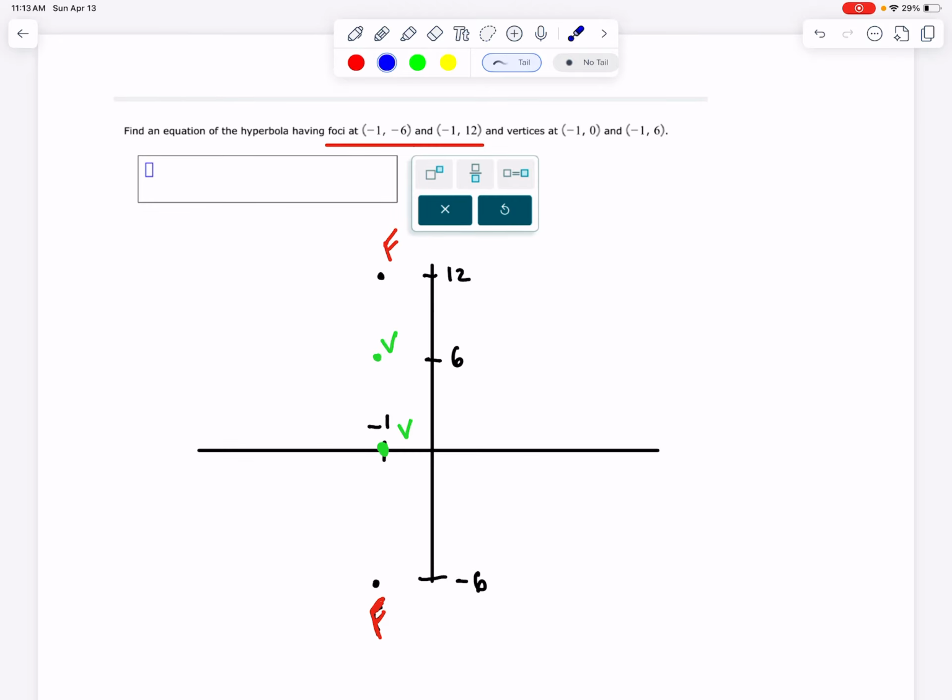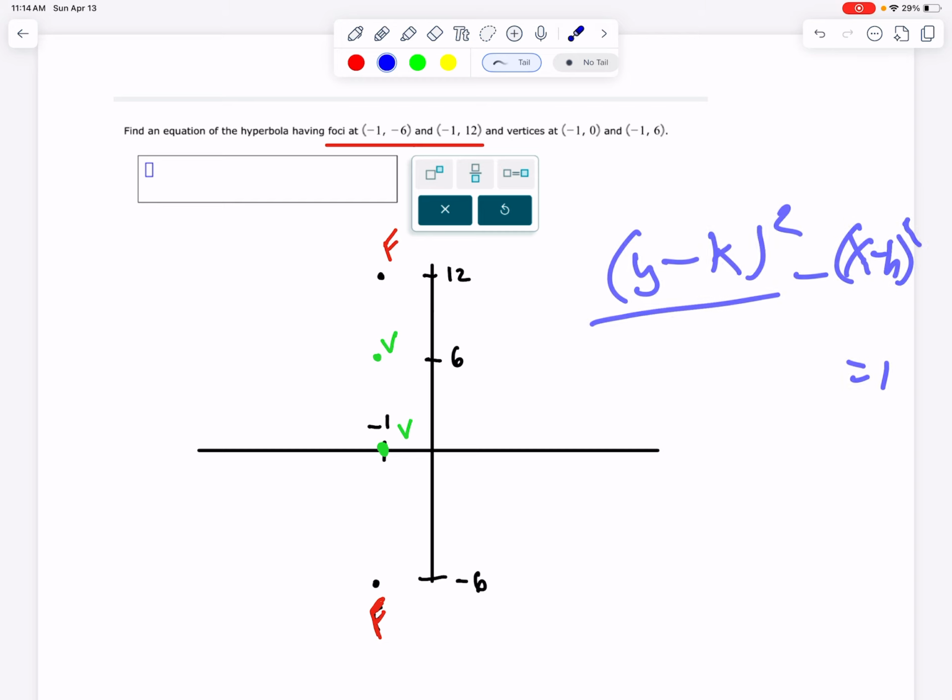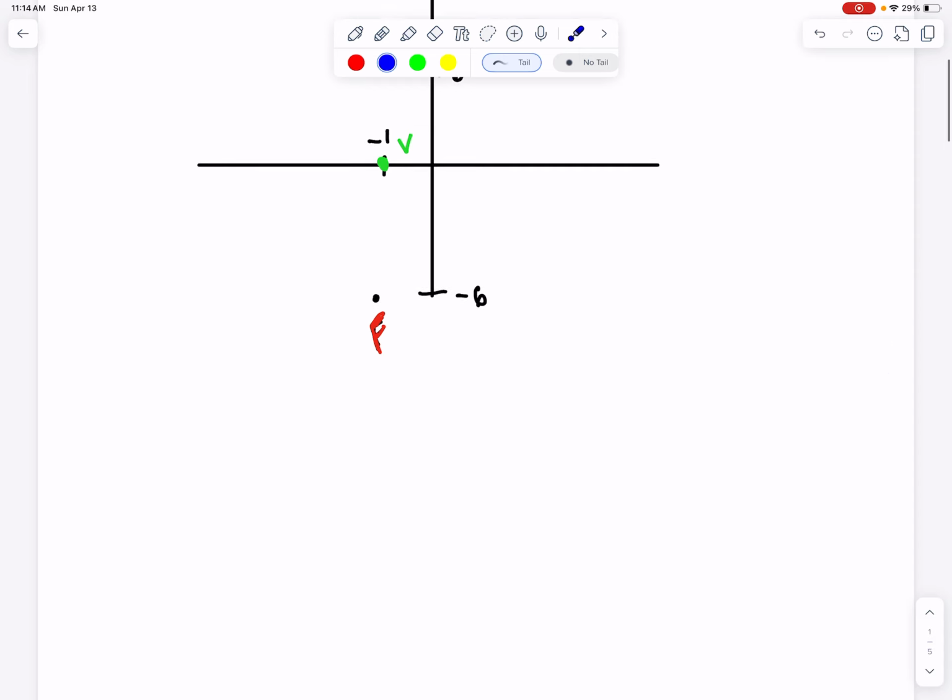For the sake of brevity of this video, I'm going to have the work already done. So what you can clearly see is, if I plot the points, there's some value in between here. The values are going up with the vertices and the foci, so what we know is that it's going to be (y - k)^2 / a^2 - (x - h)^2 / b^2 = 1. This is going to be the form of the hyperbola. And so if we look down here,